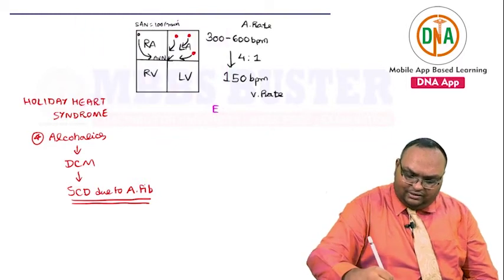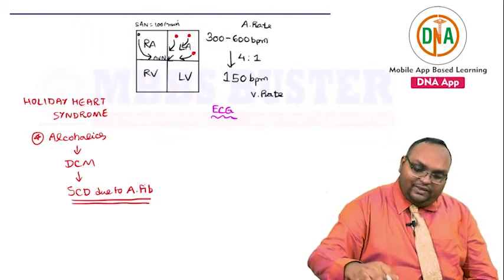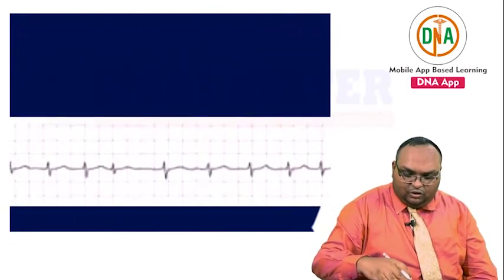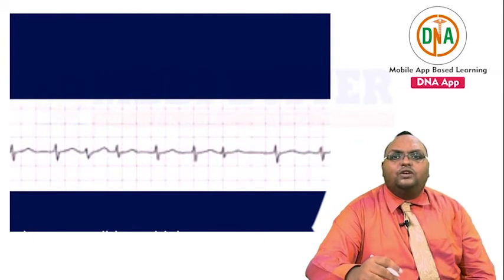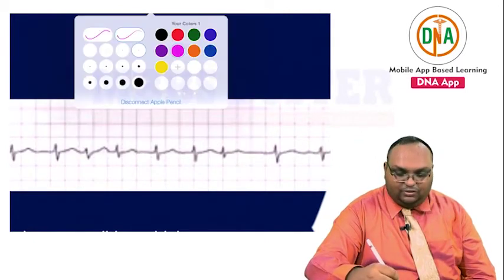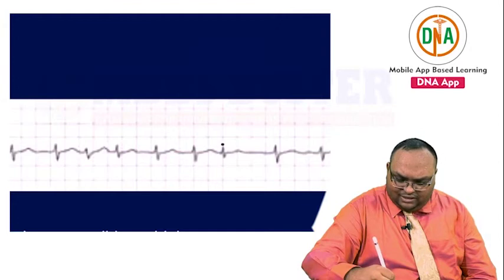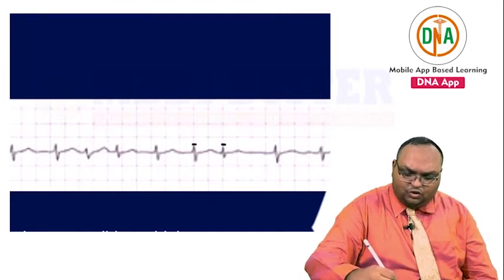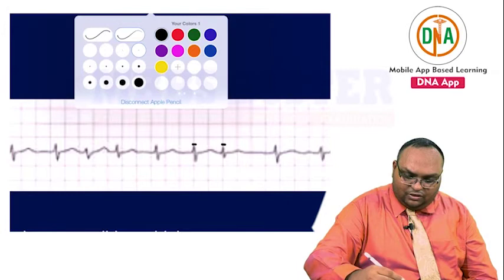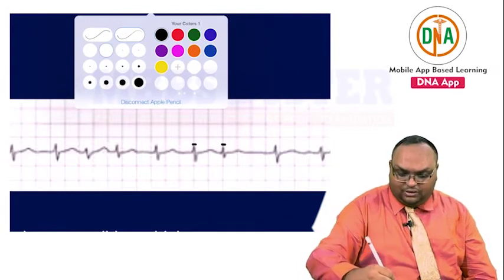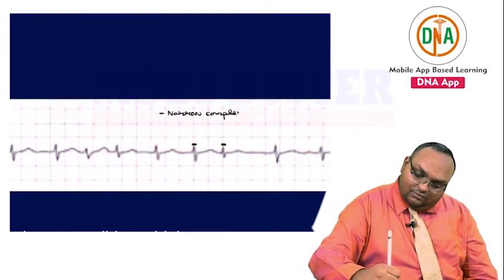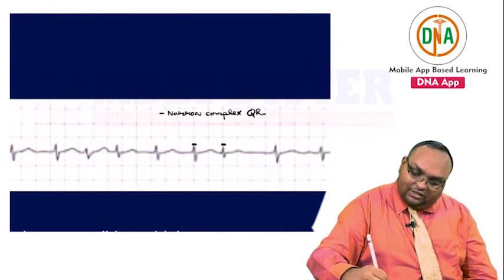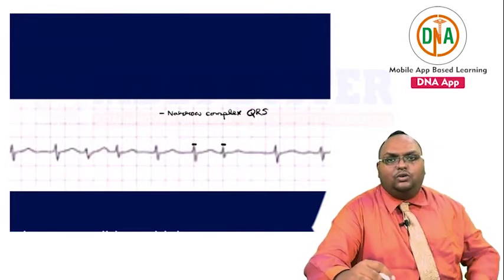ECG findings, I showed you the ECG strip. Look carefully, you have narrow complex QRS. So the normal QRS complex is 80 to 100 milliseconds, 2 to 2.5 small squares, and you can just realize this is much less than 2 small squares, so it is a narrow complex QRS. Yes, it is a narrow complex QRS, and since it is a narrow complex QRS, what you will also be